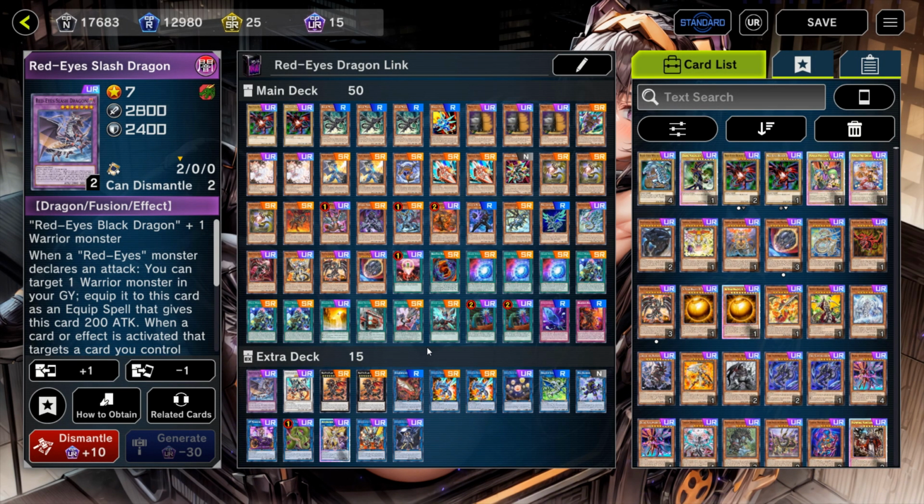Here is the Red-Eyes Dragonlink deck list and combo tutorial guide. I'll be going over the deck list, the card choices, the combos, and maybe some of the interactions you need to watch out for. But most of that is going to be up to you because this deck requires a lot of freestyling,